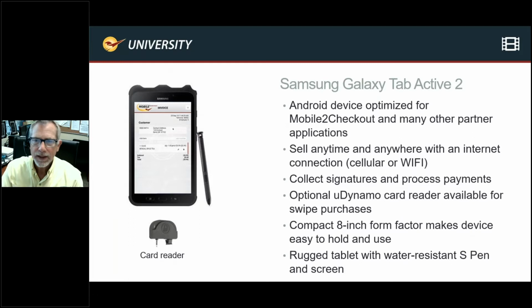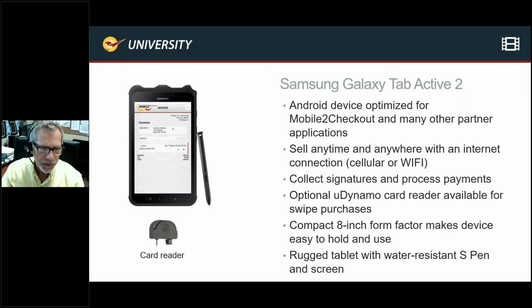So the Samsung Galaxy Tab is a tablet. It serves one purpose, right? Where the last product, the Quest tablet, is a full-on license, does every feature that Paladin does, this only does checkout. So that's how we distinguish between the two. In addition, this device works through the cloud, so you can take it across town to the next state or out of the country. As long as you have mobile or Wi-Fi access, you can sell anything in your store using this product.